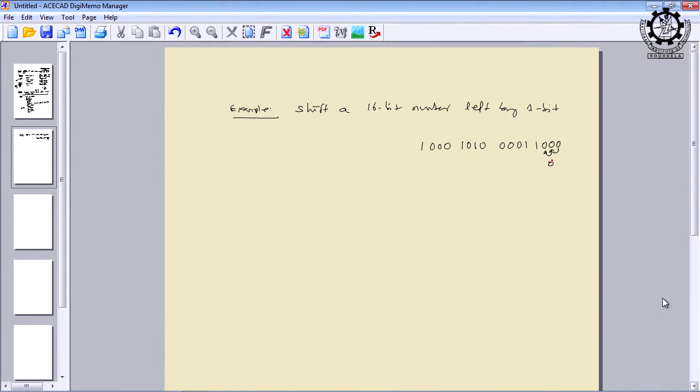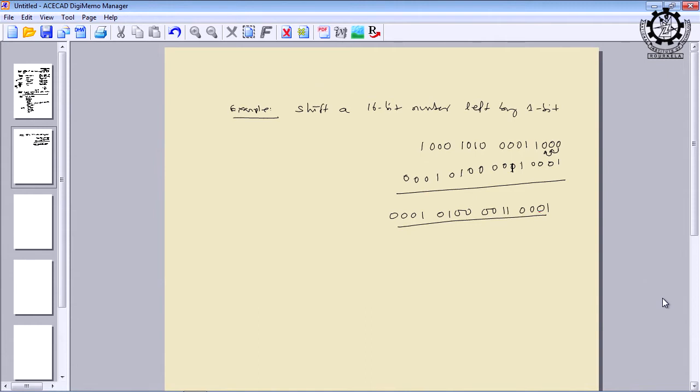So, 0, 1, 0, 0, 0, 0, 0, 1 and 0, 0, 0, 1, 1, 0, then another 0, 1, 0, 1, 0, 0, 0. Is it okay? So, the final data will be 0, 0, 1, 0, 0, 1, 0, 1, 0, 0, 0, 0, 1, 1, 0, 0, 1.